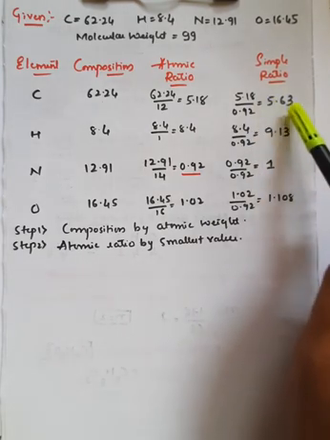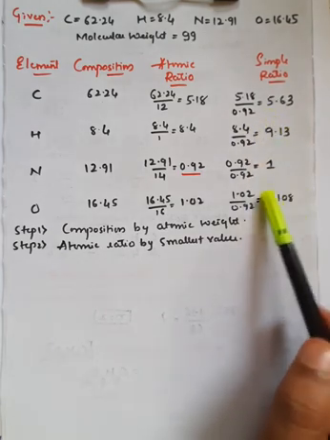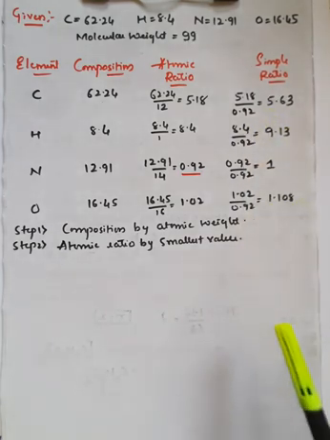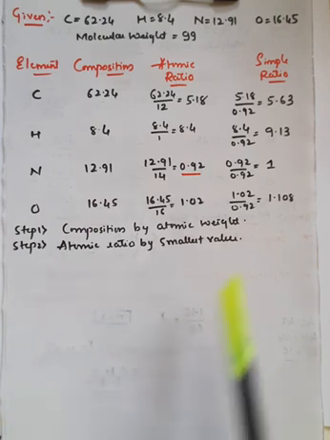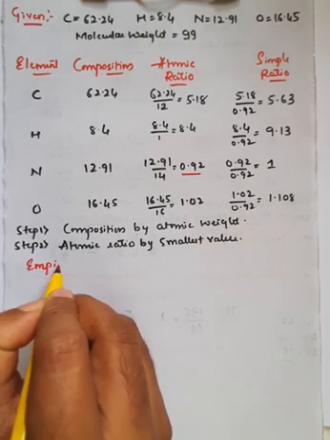If it is 5.63, I can take it as 5. If it is 9.13, I can take it as 9, right? So if it is 1.01 or 1.10, I can take it to the nearest value, that is 1. Therefore, according to this, the empirical formula will become...